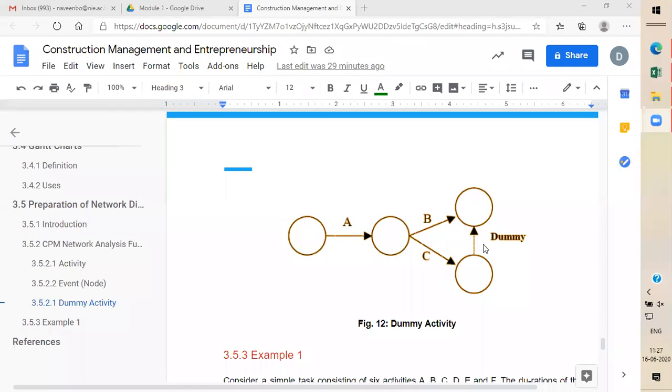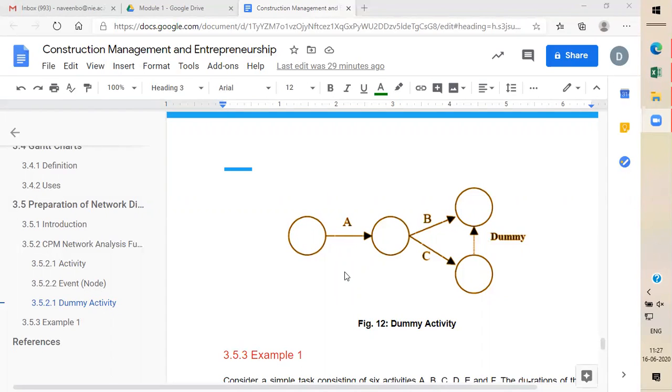We will call this a dummy activity. Nothing is there; it is just going to connect. You see, there is a relationship between these two events. For example, after the completion of these two events, some other event is going to happen. So it is going to build an interrelationship between the events, and it is going to fill some void so that you can understand some logic in the particular network diagram. Those we will call dummy activities.